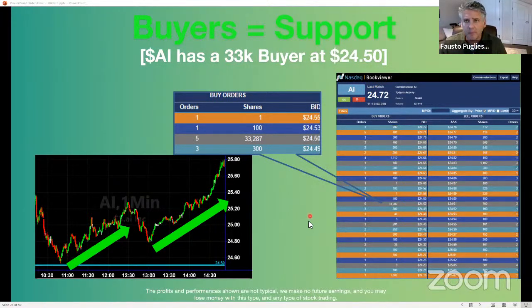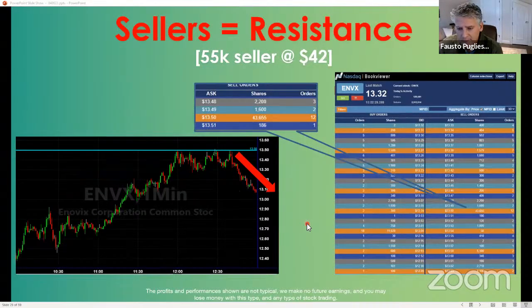Look at another example. A couple of questions coming across here. How does this show only passive buyers and sellers or aggressive ones? Well, we didn't get there yet. How about that? Okay. Is it $15 for all stocks or just crypto? No, we're not talking crypto, Jenny. This is specifically just stock trading.